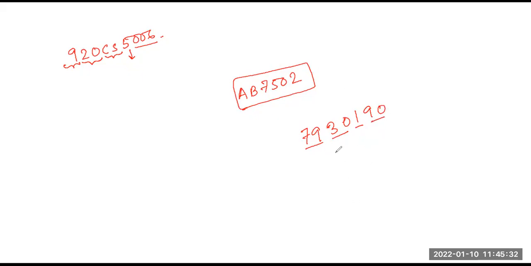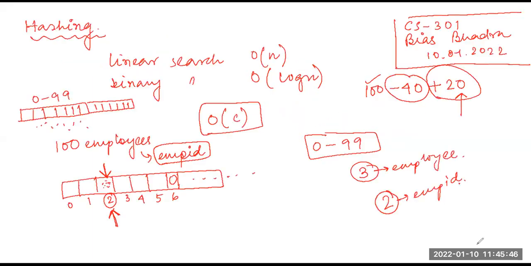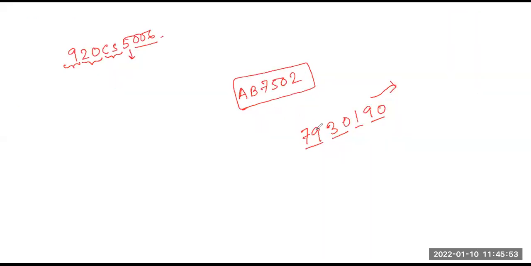So with this combination, the company creates a unique employee ID for each and every employee. This may happen. Every organization has a way of creating its own employee IDs. So suppose I follow this previous pattern where each employee ID will denote each cell, then think 1, 2, 3, 4, 5, 6, 7.